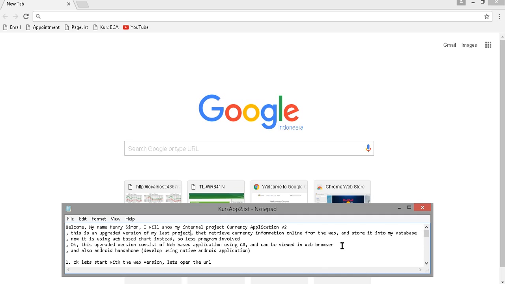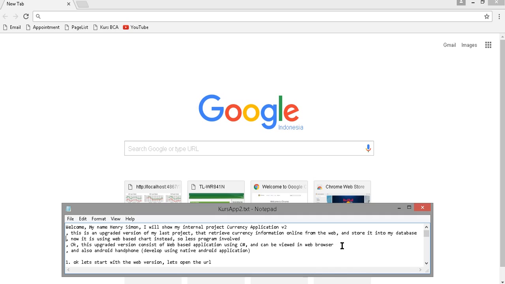What this application does is retrieve currency information available online from the web, get those values and store them in my database so that later on I can view the value of the currency itself.